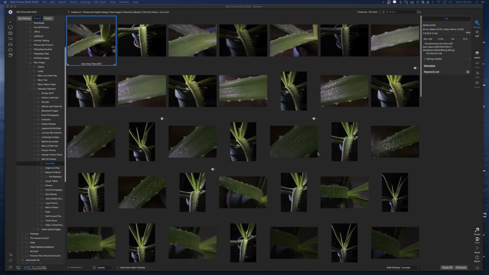A good organizational workflow is hard to find, but let's look at 2 ways ON1 Photo Raw helps us out